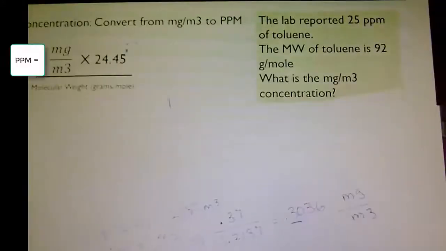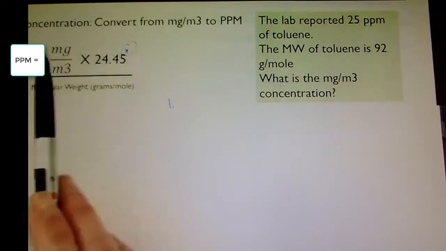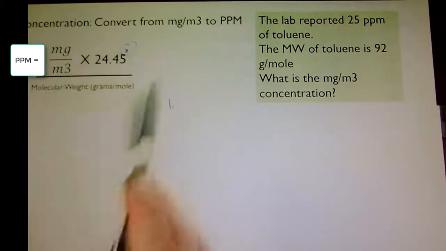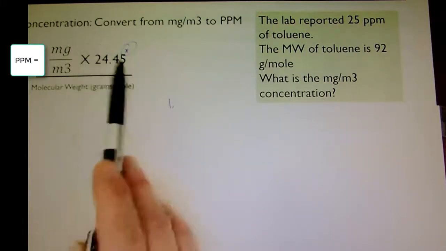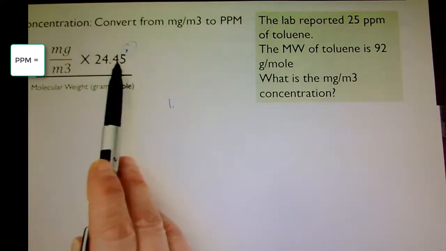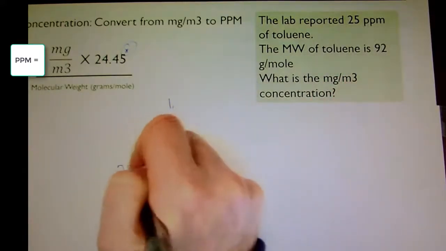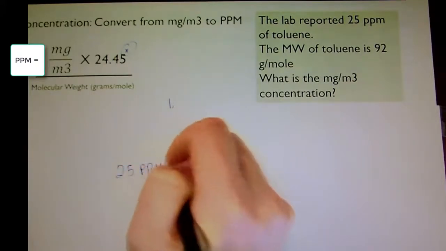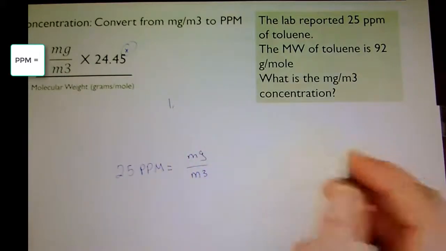Now, if we needed to convert our concentration, which means we had milligrams per cubic meter, or we had parts per million, and we need to convert back and forth, then we can use this equation to do that. We just plug our numbers in. It's pretty straightforward, although it does assume that we're using normal temperature and pressure to be able to use this constant. So if our lab reported 25 parts per million toluene, and we want to know how many milligrams per cubic meter we have,